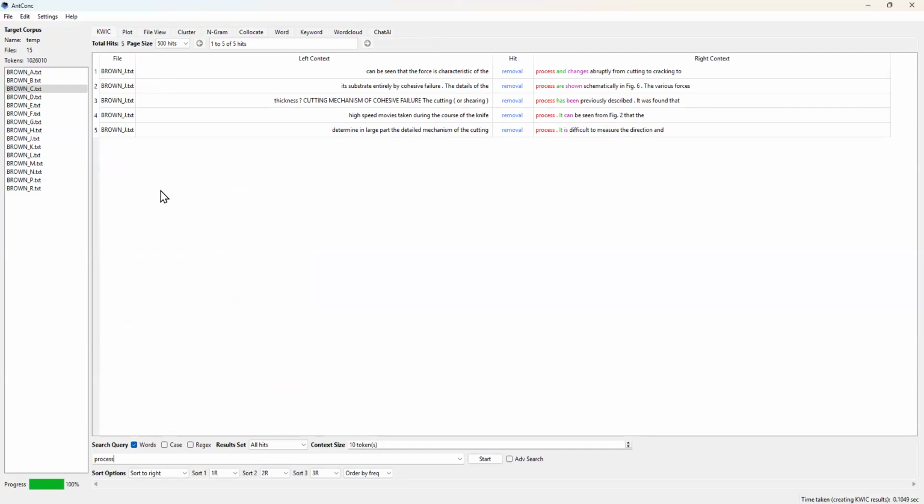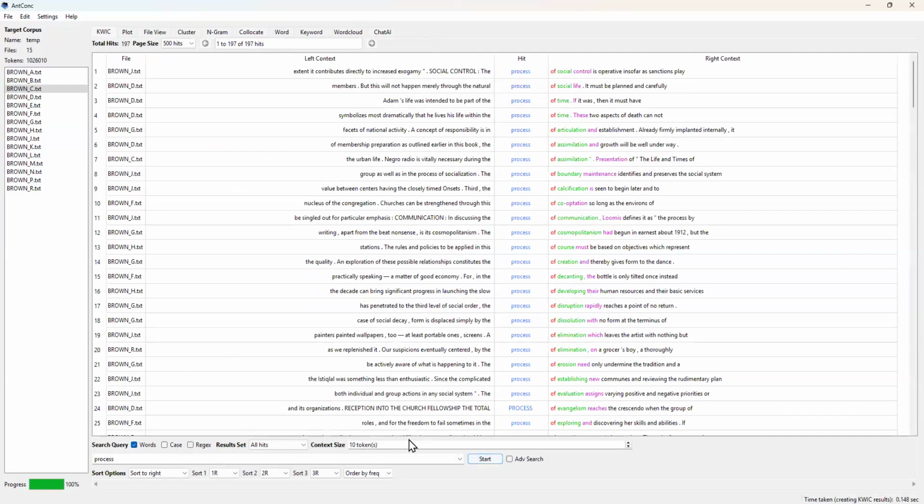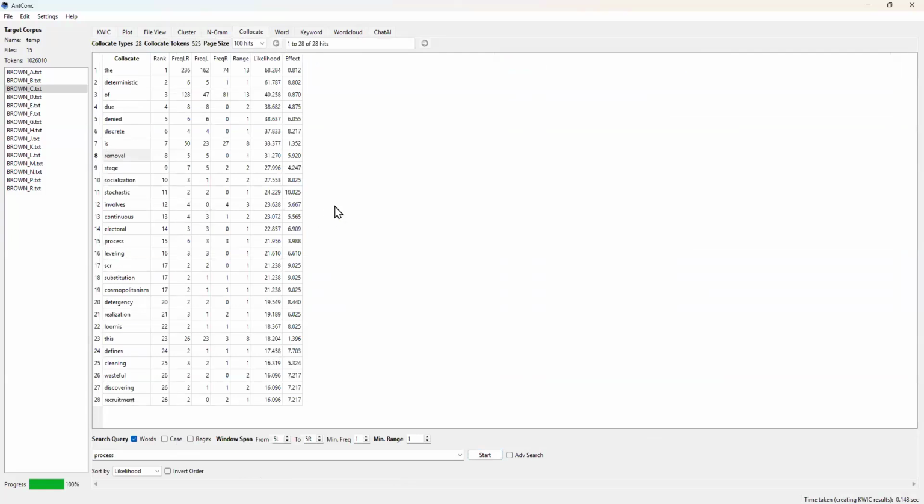If I were to go back to this, one of the things I noticed is that it doesn't seem to have a back button, but anyway. So I sometimes have to redo the search, which is fine. Now, if I go to stage, I double click on that, you'll notice before we had removal process all the